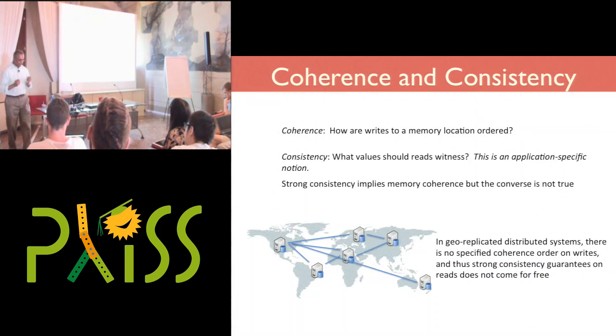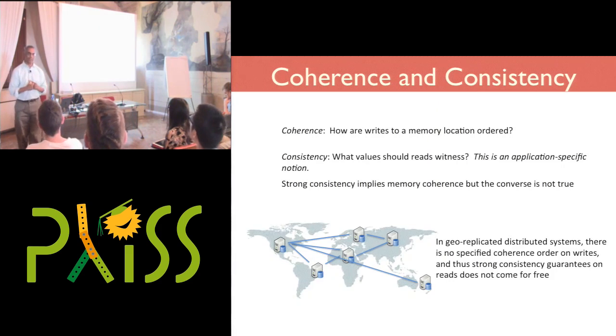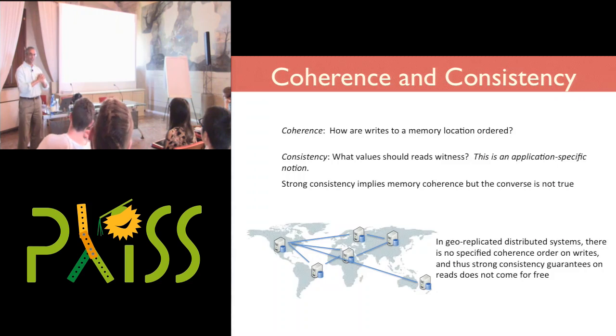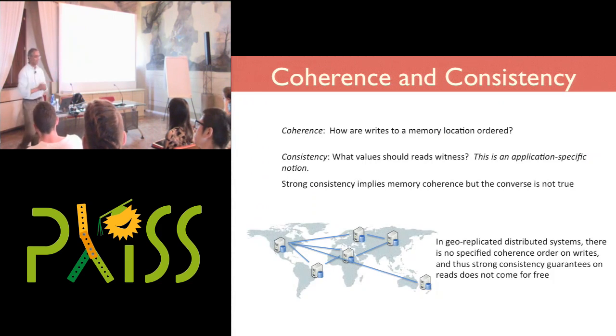Okay. So, what do we mean by coherence? Coherence is a property that dictates how writes to some memory abstraction are ordered. Something that's strongly coherent means that all processes will view the writes to memory as occurring in some consistent global order. Things which are weakly coherent have no guarantees on how a particular process will witness the writes that are taking place to memory. When we have a distributed system, we have things which are weakly coherent by definition. Okay, so that's one term.